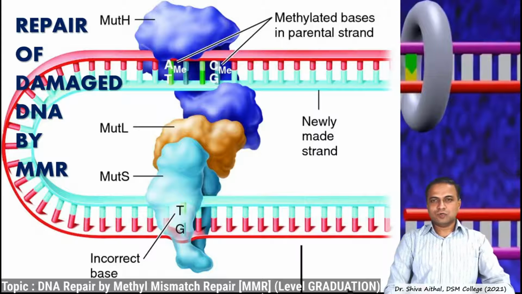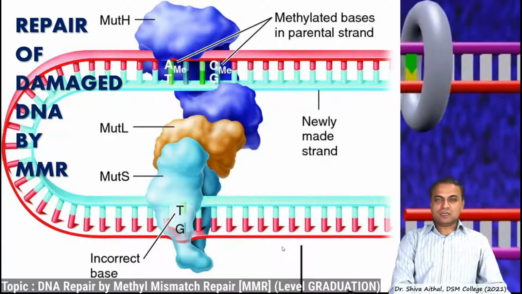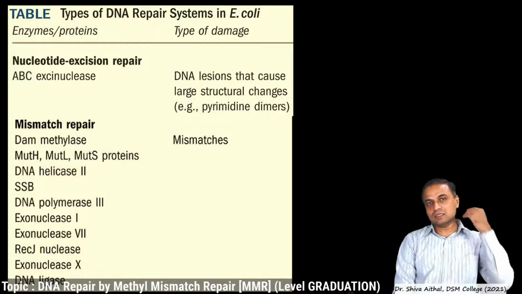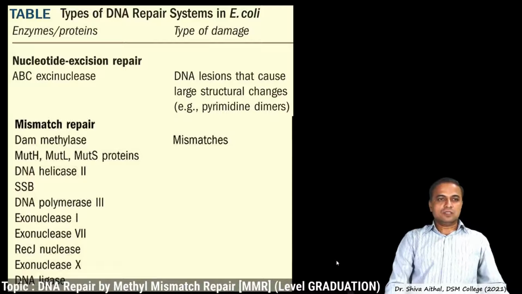So I hope you enjoyed the whole process in animation. Now let's see the explanation in detail about methyl mismatch repair. This is one of the types of DNA repair systems in the prokaryotes as well as in eukaryotes. This methyl mismatch repair functions with the Dam methylase enzyme, that is the main enzyme which is used for methylation during